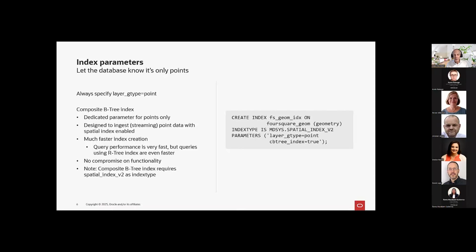And the response times are also pretty fast, but not quite as fast as with an R tree. So in our case here with the Foursquare dataset, we have a static point dataset. There are no updates to the POI table, no updates on the indexes or anything. We just use the regular R tree in our examples. But as I said, if you have moving point data, if you have a lot of updates to your